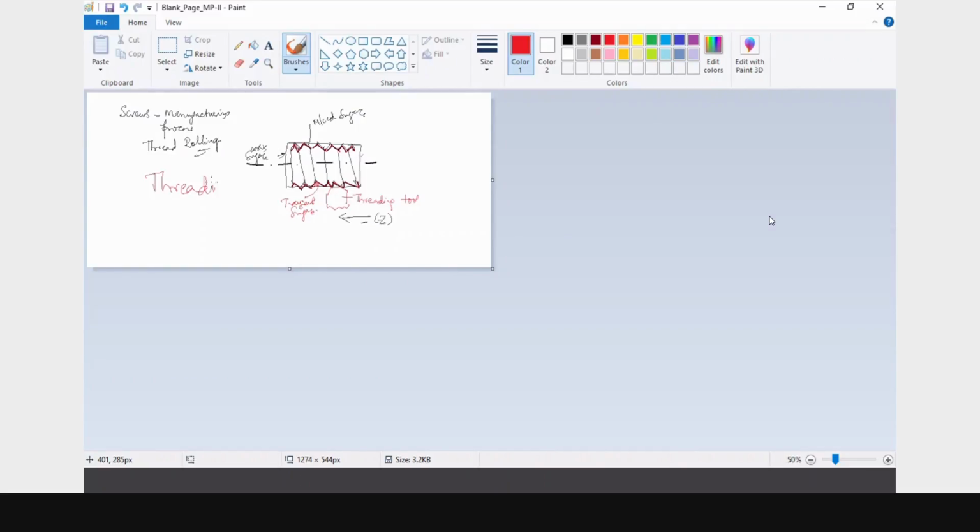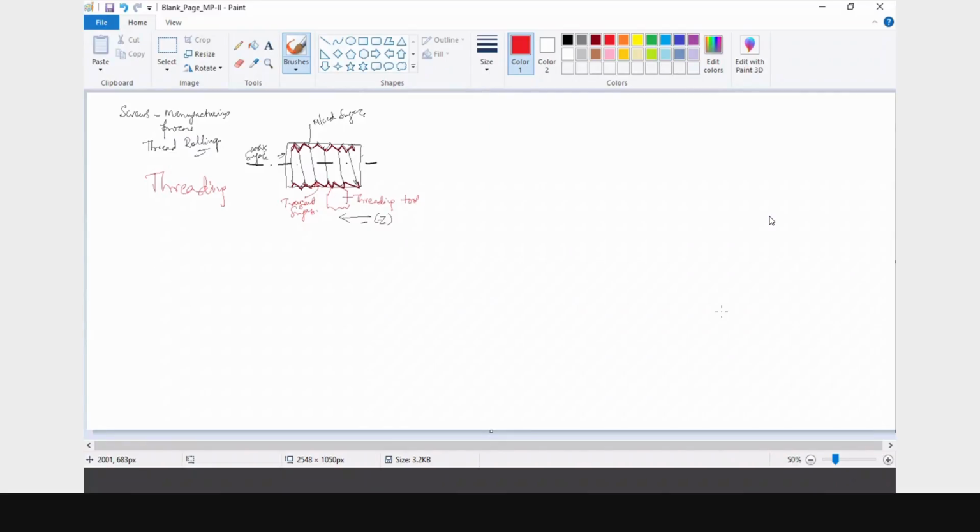And the other operation which I told you is boring. Boring operation means you have a workpiece, something like this. You have the workpiece, and boring means what? You are going to make a hole.